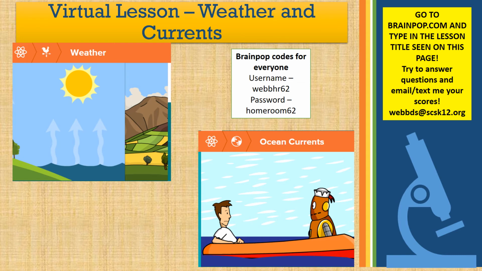All right, here we go. Virtual lesson over weather and currents. So what you're going to do here is you're going to go to brainpop.com. You're going to type in weather. You're going to watch that video and you're going to answer those 10 questions. After you do that one, send me your score. Or you can do both of the videos first, answer those questions, and then you can email me both of your scores to